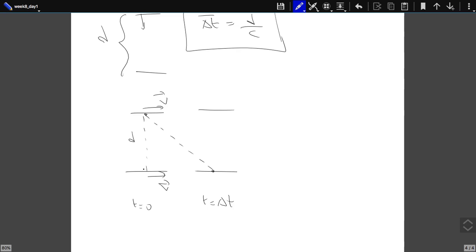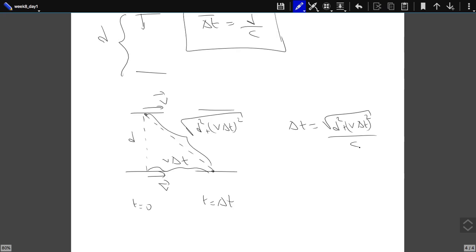Now let's look at this case. This is d. The distance it covers is v times delta t. So the length that light covers is the square root of d squared plus (v times delta t) squared. You see, we are comparing the time between events. An event is something that happens at a position at a given time. The events are that the light ray is emitted in one of these places and it's absorbed on the other plate. The time between these two events for an observer in the train is just d over c. And the time between exactly the same events for an observer on the station, let's call it delta t, would be the square root of d squared plus (v delta t) squared